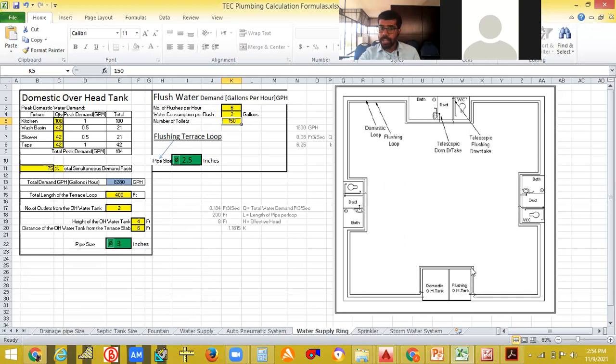We did a problem regarding this also. These are the domestic loop pipe and this is the flushing loop. This is the telescopic downtaker, the vertical stack or vertical pipe through which water will be supplied to individual toilets. Here also, to three sides, telescopic downtakers will be there. So we are going to find out the diameter of this loop. Okay, that is our aim.